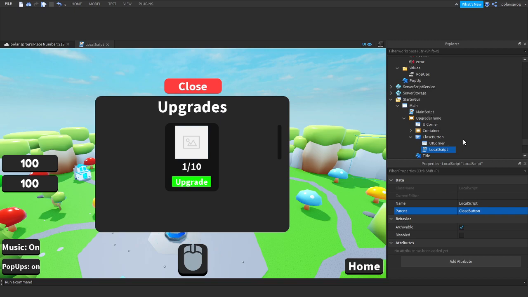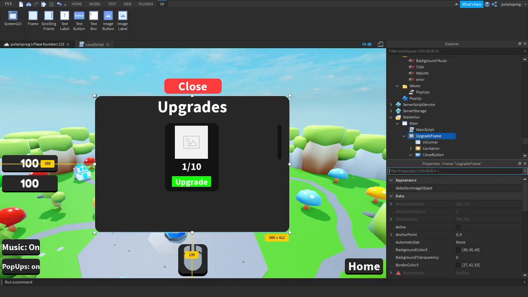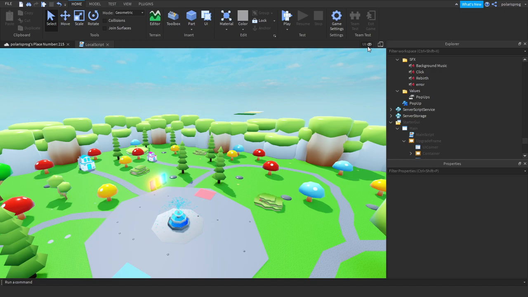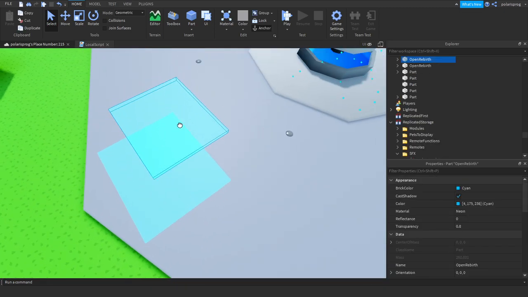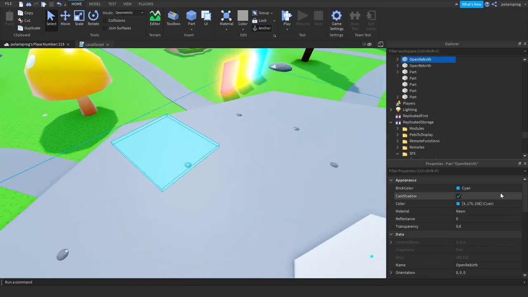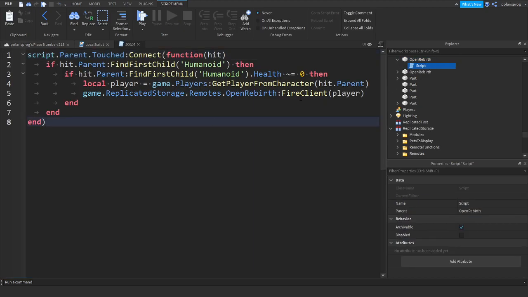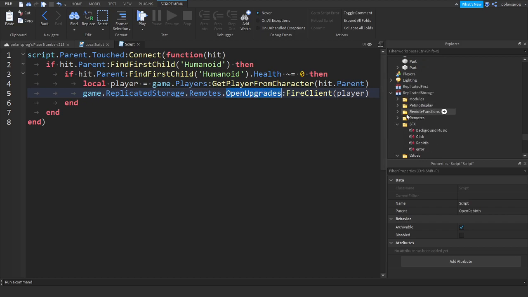So we have that done, we have the UI done. We will change the position to -1, or maybe copy the current position, and we'll have an upgrade shop. So let's duplicate this, let's put it right here, let's put the color to a nice green, or the transparency is 0, and I'm going to have a script operating the touch to game.ReplicatedStorage to open upgrades FireServer and copy what you typed here,